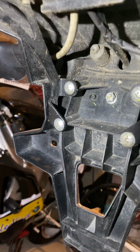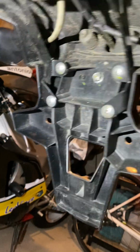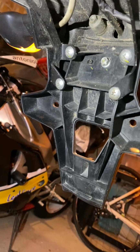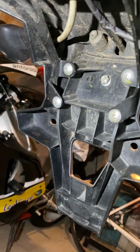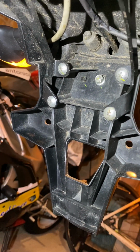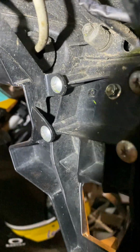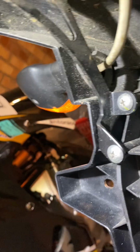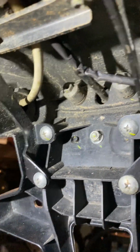Okay, so it's still a little bit dirty under there, but it gets a lot of spray off the back wheel, which is a little bit annoying. They're actually quite ugly at the back here, which I'm going to do something about. I'm going to form a piece of firm plastic to hide a lot of this, because I don't like it. You can see that the old one goes in there. I don't feel they're very well protected from water, to be fair, so I'm hoping what I do is going to improve